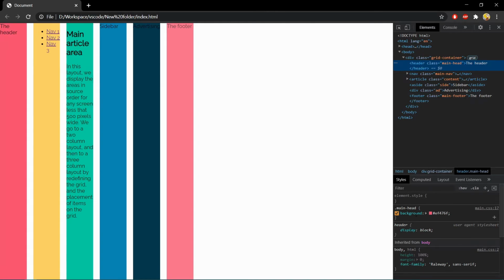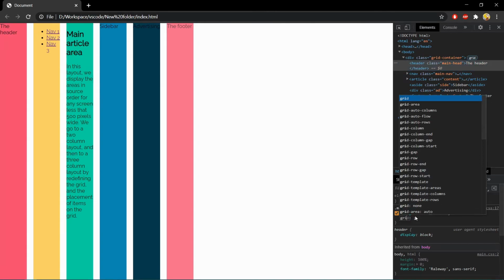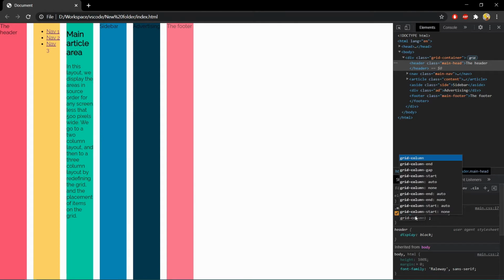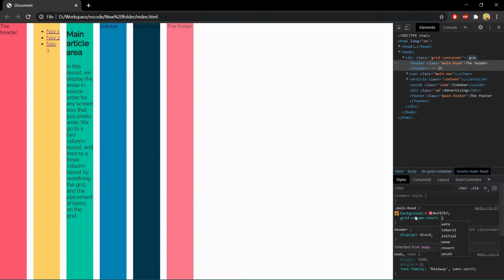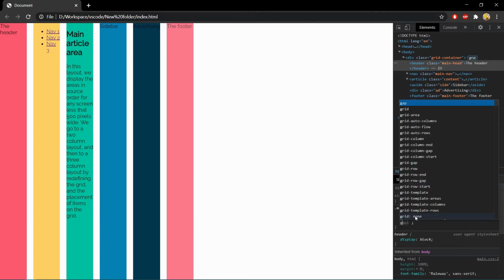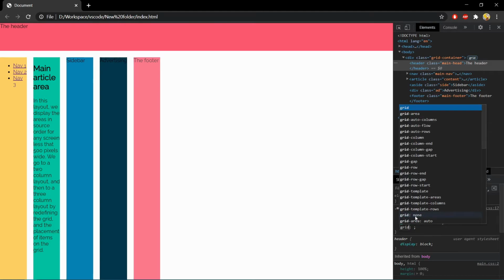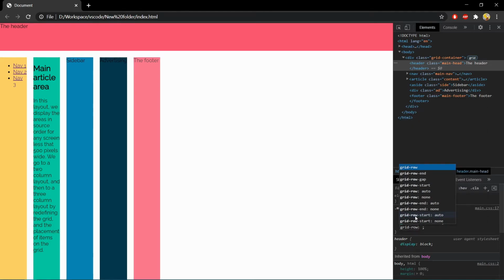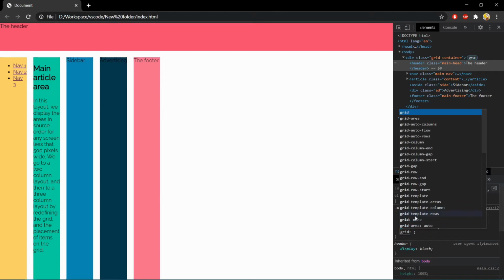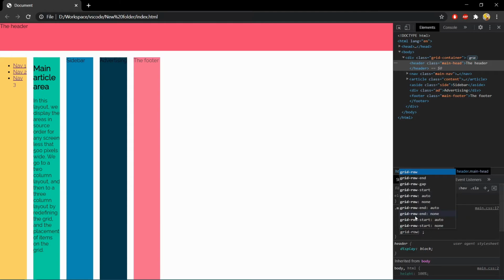So you can define that property using grid column start 1, grid column end as 13, grid row start as 1, and grid row end as 2.